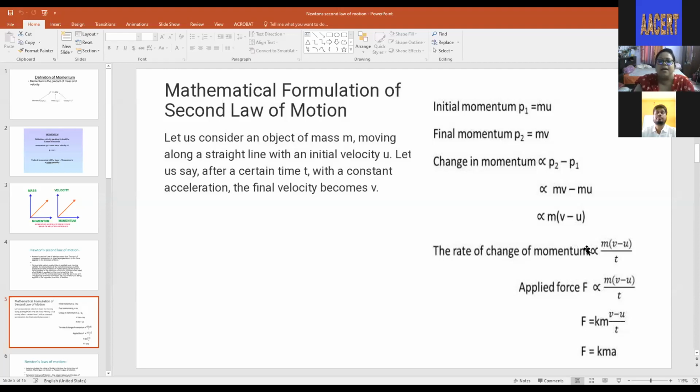Now here, what is the proportionality constant and everything, this is available, or you can do the solution in your copy, the derivation of the second law of motion or the derivation of force, and then you can take a picture, and that also can be pasted on your PowerPoint presentation. So there are a lot of options to access your students. That is the main utility of the virtual class.